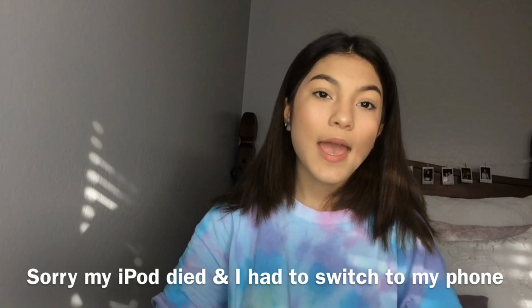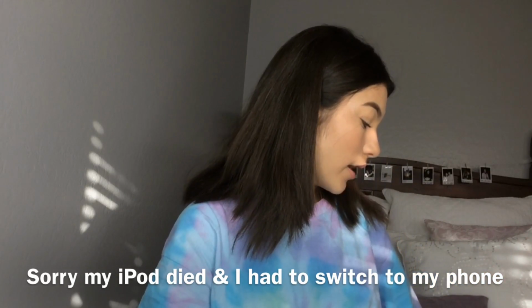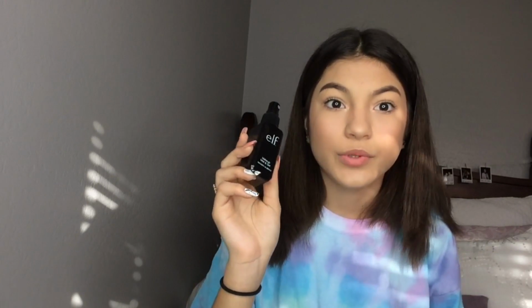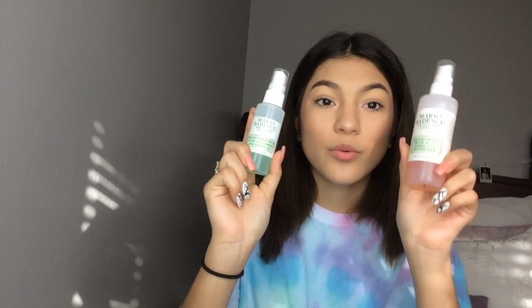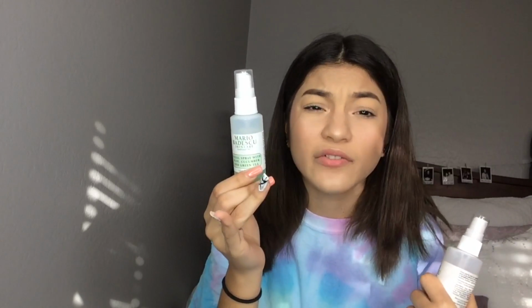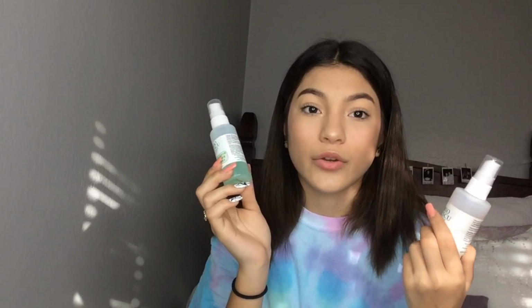It's just tinted. And for setting spray, you guys, like I said, you could either get the e.l.f. one or the next one. Those work really good just to set your face. Or, I know this isn't drugstore, but it is drugstore price. It is the Mario Badescu sprays. This one is in cucumber. This is in rosewater. Any is fine, but if you don't want to get any drugstore ones, these are drugstore price. They're like $7. The small ones are like $4, $5, and they work really good. They're at Ulta. So for setting my face today, I'm going to be using